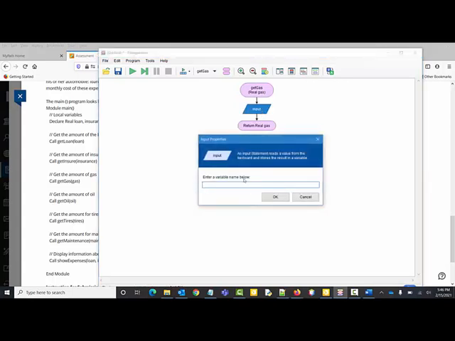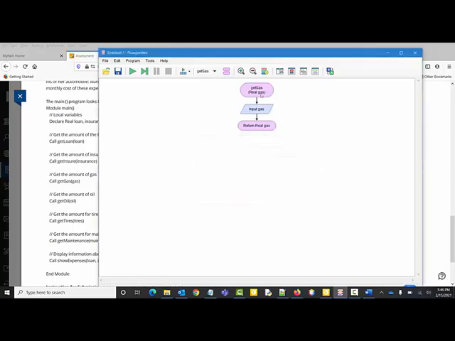Double click on it, enter variable gas. The main method passed gas to me. I input a new gas, I give it a value. Then I return this gas value to my main method. This is the